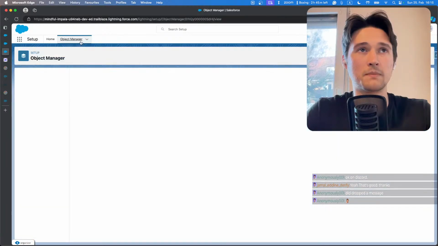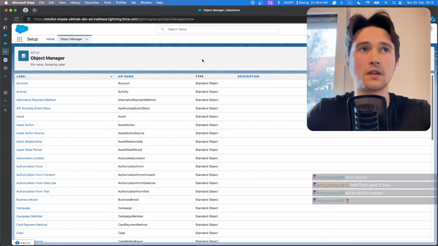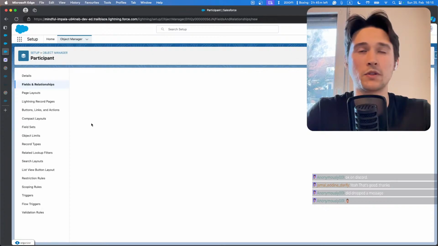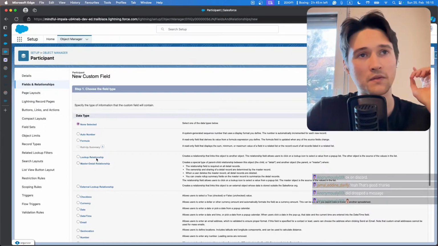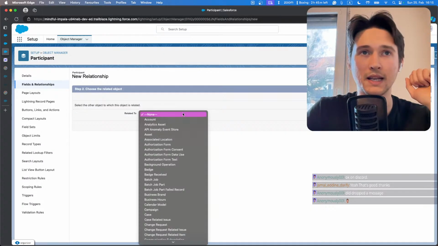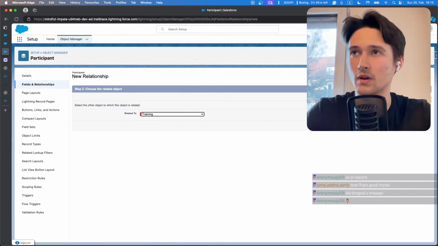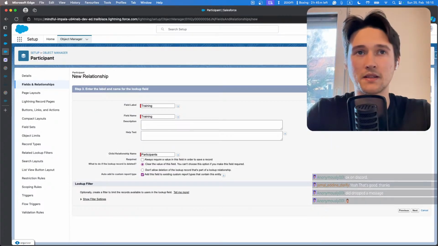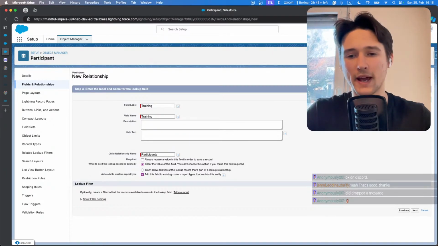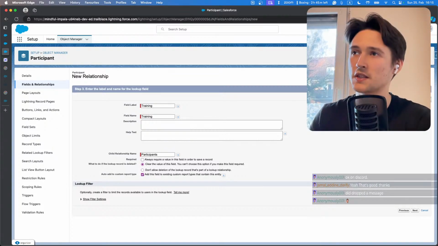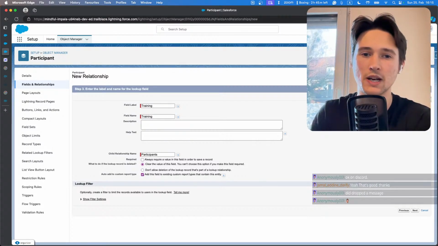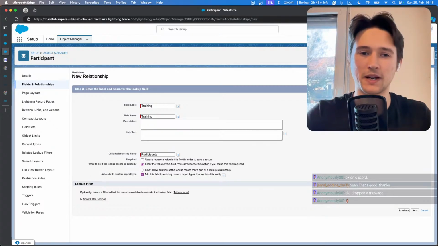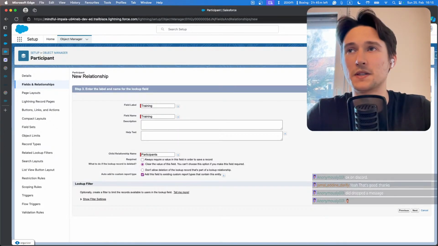Let me go to the participants object, and I'm going to create a field here. So we have two choices. We can either create a lookup or we can create a master-detail. I usually go for lookup. I don't like master-detail unless it's completely necessary. I know that master-detail has certain benefits, like for example roll-up summaries, but I don't like it. It's way too mandatory. For a business process, it's usually so that you have a lookup relationship, where records can exist without other records. Training participants, next,